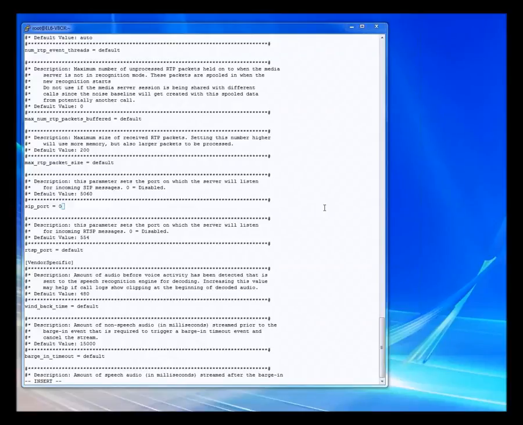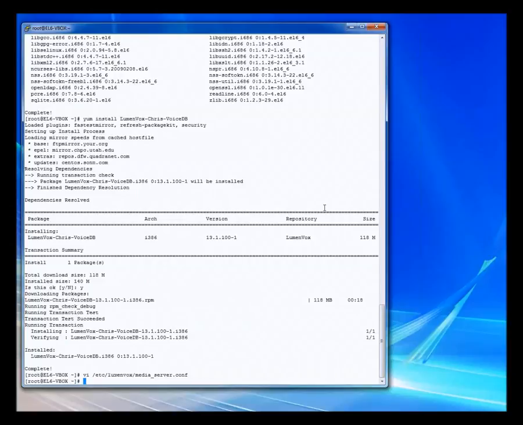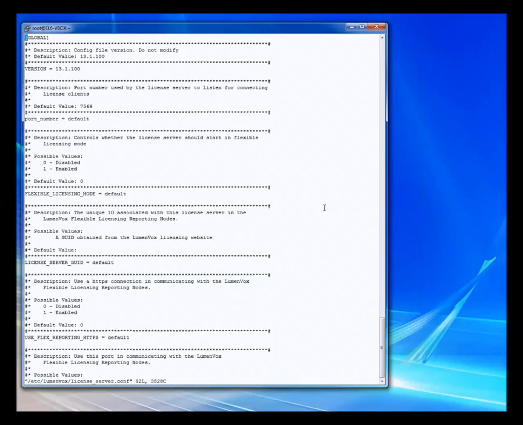Okay, go ahead and save this file. So we've configured our mediaserver.conf file. The next thing we need to do is configure our license server file. And before I get too in depth with what I'm going to be doing here, it's worth pointing out that